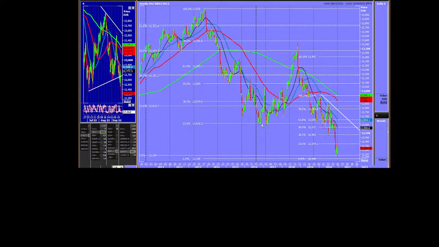That is a big level because it's previous swing lows. There's a lot of moving averages on the hourly chart there. That would be a real good short. I don't think we're going to see that level, but if we do, I'm going to call it 12,550, 12,650. That's going to be your big resistance level. So I would be getting short there for sure. But the problem is I'll have been squeezed out of some shorts by then anyway.